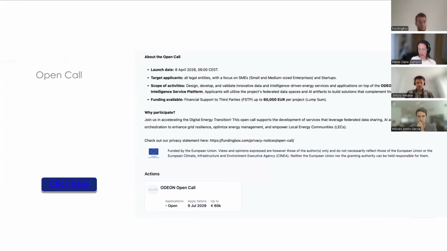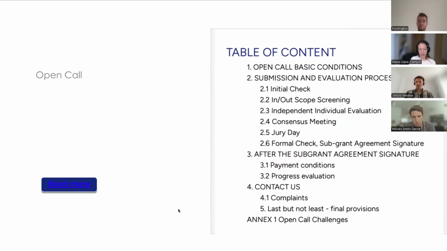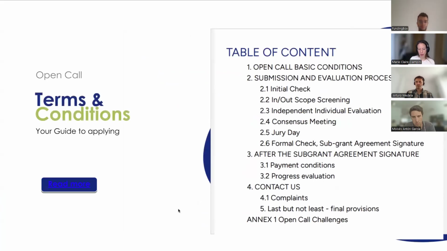So you may already be familiar with this if you've already come across this open call. We have a landing page, and on that landing page, we have the basic information, which I've already presented to you. So what we'll be offering you, what is expected of you, etc. And you can click here in case you need access to the application form. And once again, to highlight the key documents that you need to reference, we've talked about the technical guidelines document, and I've also mentioned the open call terms and conditions.